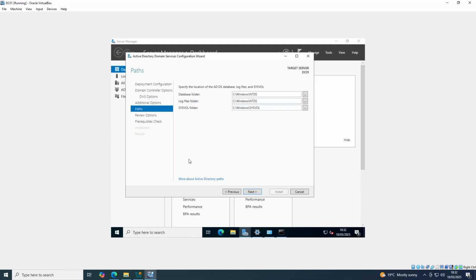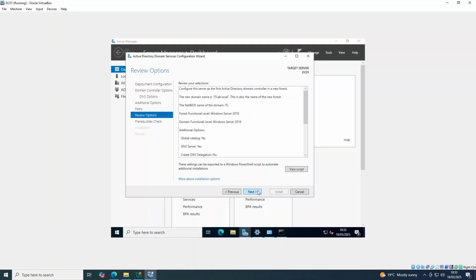So in the paths page, it asks you to specify the location of the AD DS database, log files, and SYSVOL. We'll just keep the default settings for here. No changes to make here. Click on next. And now we're in the review options page, so we can see